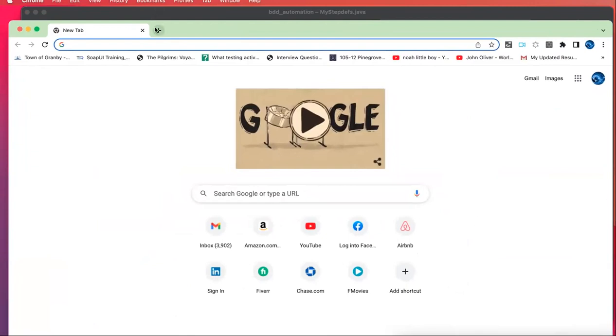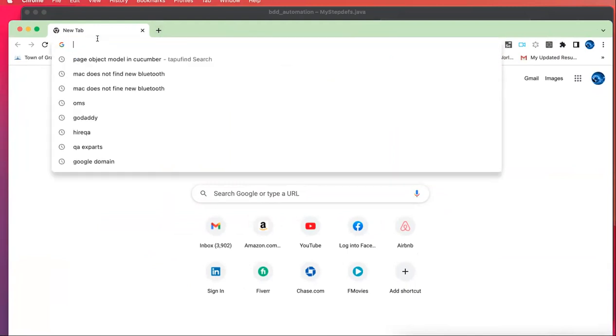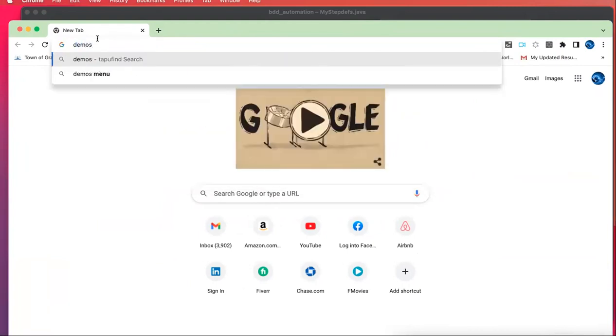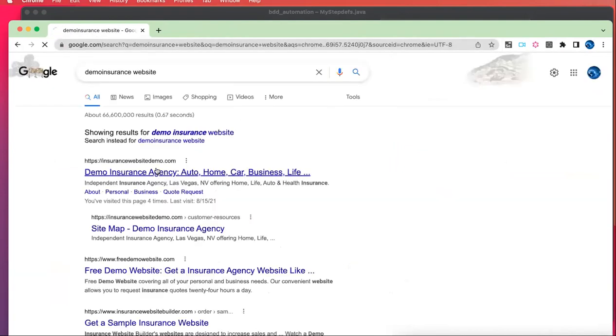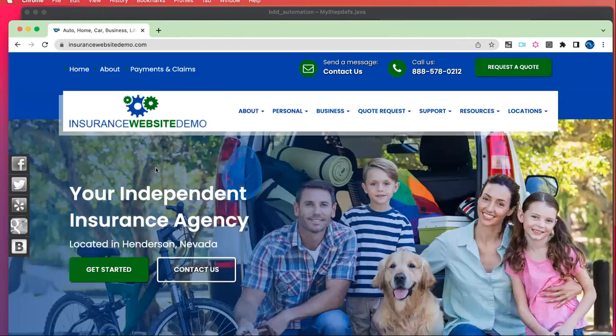So there is this website that I like to use, and it is for insurance. Let me see if I can find it. Demo. Insurance website, something like this. So the reason why we use this website right here, and there's a few things I'll tell you,